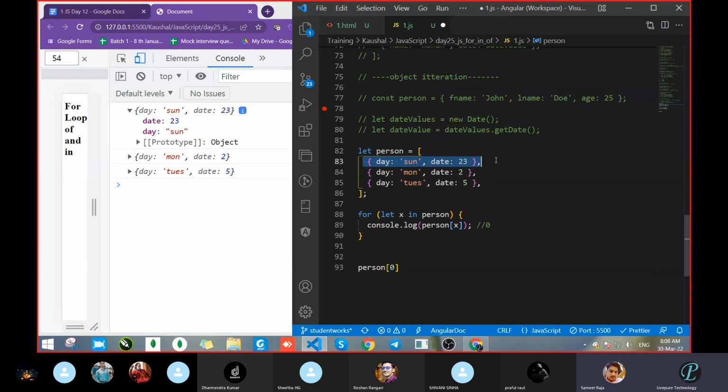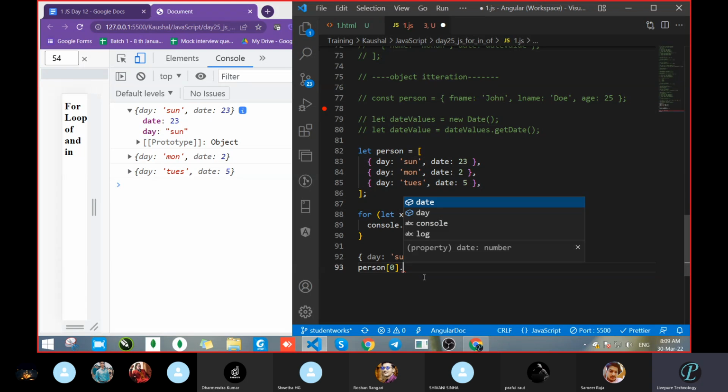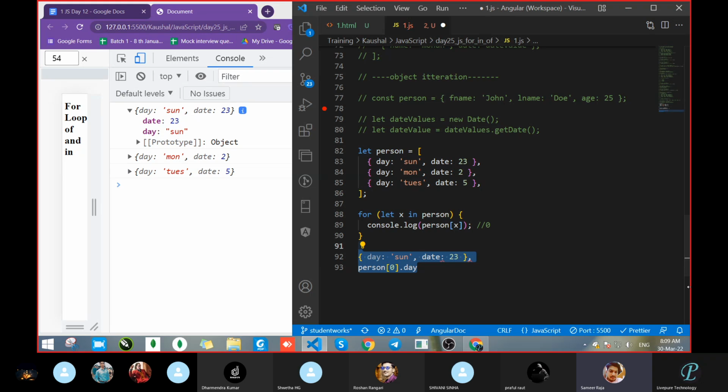Yes, the 0th position object value becomes this one. Yes, object means we got this object. I want Sunday. How will we get it? Dot, because previously that was an array, we entered inside the array, and after this we will pass day, and then it will give you the Sun only. Got it, sir. After the comma, we can pass date also, sir. Yeah, both. Wait, we will come to that. So here we got the person and dot and